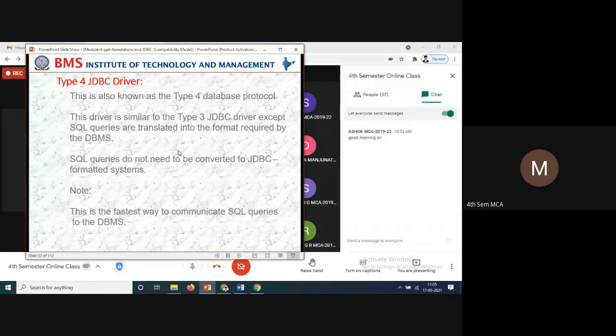SQL queries do not need to be converted to JDBC formatted systems. The JDBC drivers directly convert the SQL commands you are supporting into whichever format is required. That is how it is converted in type 4.